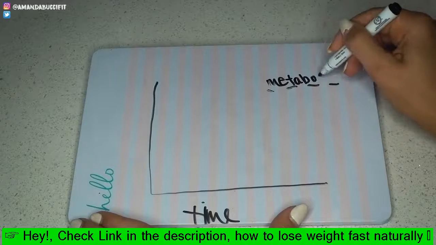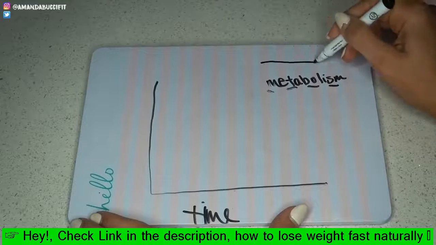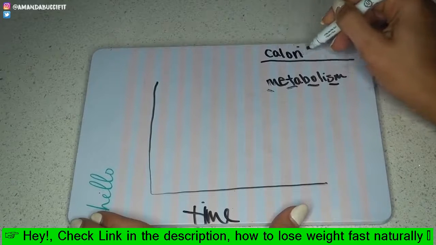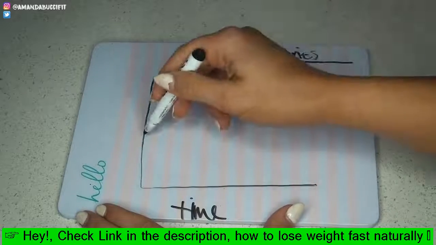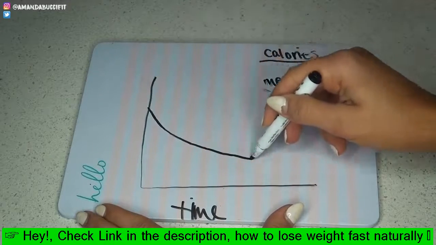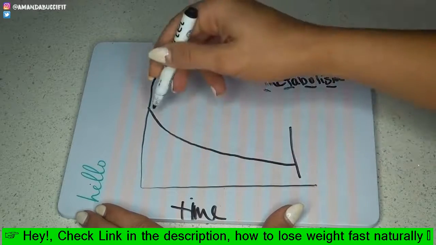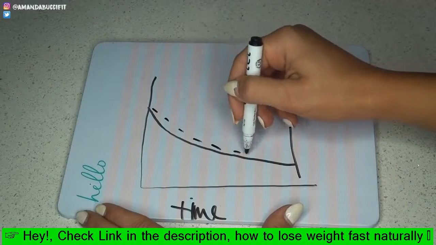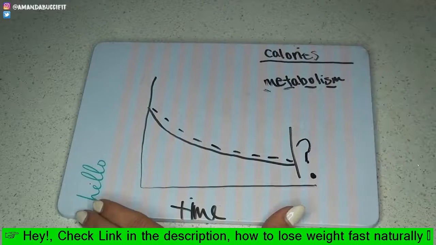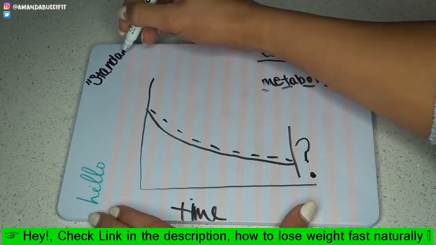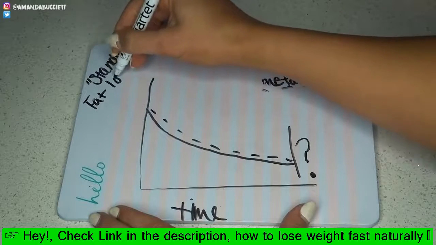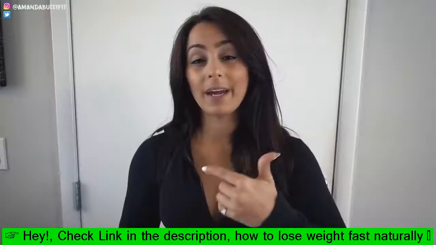Okay, so here's the carb cycling. How do you do it? What does it look like? So I'm going to show you guys a little clip of a graph that I created. Essentially this graph is going to show you time and your weight loss, and that straight line is going to be the caloric deficit or the calories. That dotted line is the first clip you're going to see. If you do a regular standard diet, your calories go lower, lower, lower, and so does your metabolism. It goes right with it, guys.